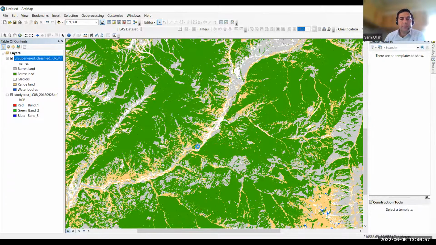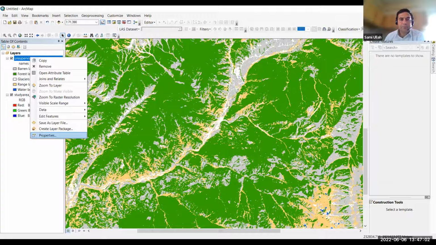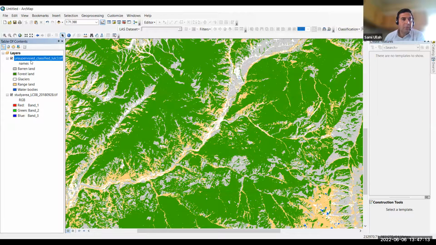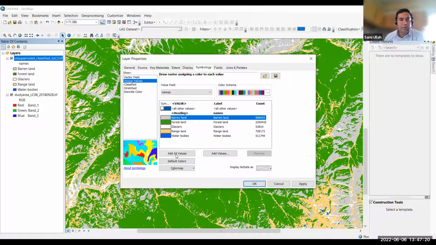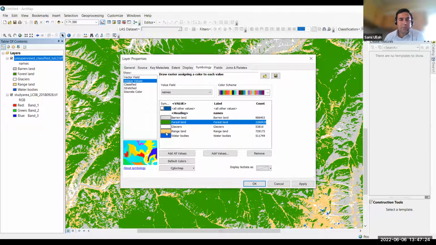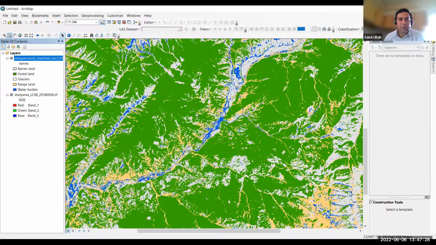Stop editing. So let me change the names again. Symbology. Barrenland, forestland, glacier white. Rainland, these, water blue. So okay. No, but we didn't change the name. Okay, barrenland can be these: forest, glacier, rainland, and water body. So you can see, now it looks correct,